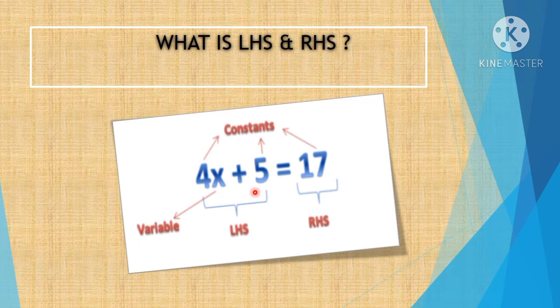Understood children? So LHS means left hand side. RHS means right hand side of an equation. Okay, in this equation you have a left hand side as well as you have a right hand side. Now understood children? So when you use this left hand side and right hand side for verifying a problem, I think you have learned that, right? To verify in the chapter 1 integers. Verify associative property, distributive property. There you will write down LHS is equal to. So that is the left hand side of an equation. RHS means right hand side of an equation. Is it clear now?